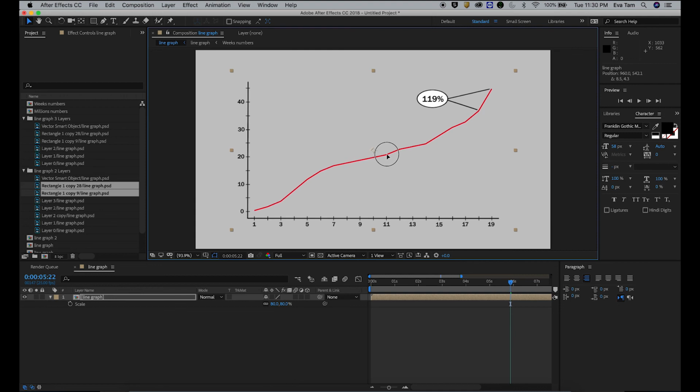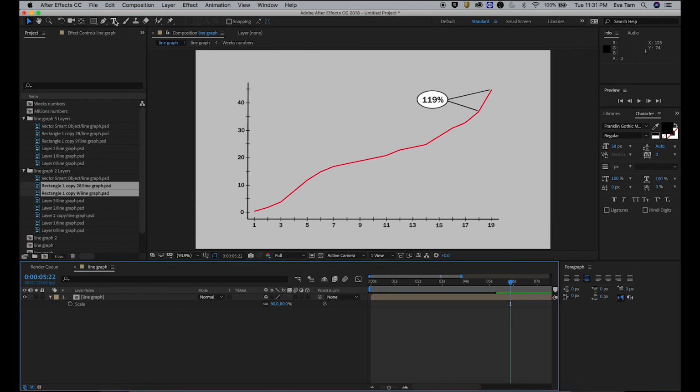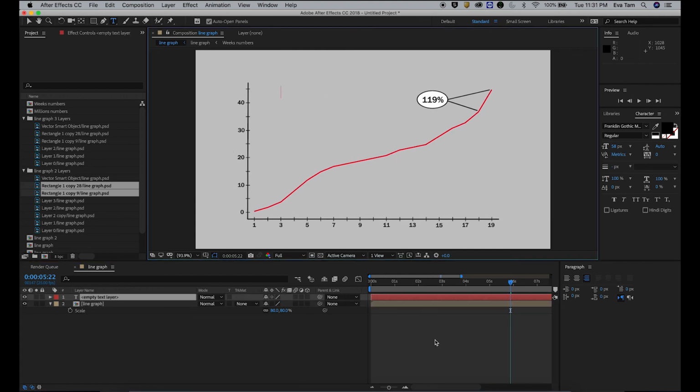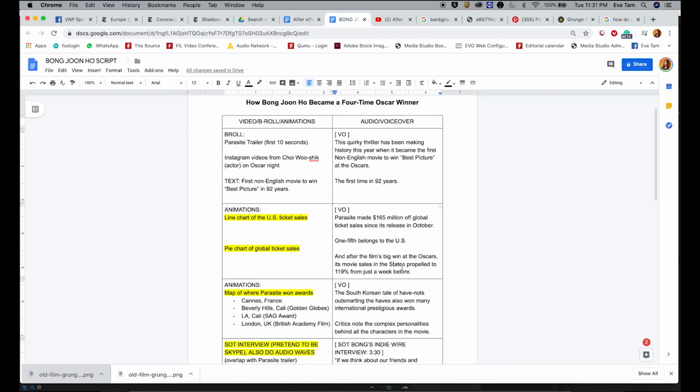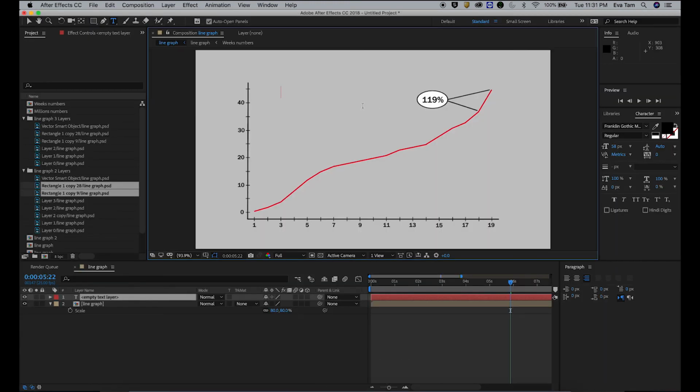So what you can do is like this. Your title can be something like weekly box office, Parasite, weekly box office sales, ticket sales in the US.